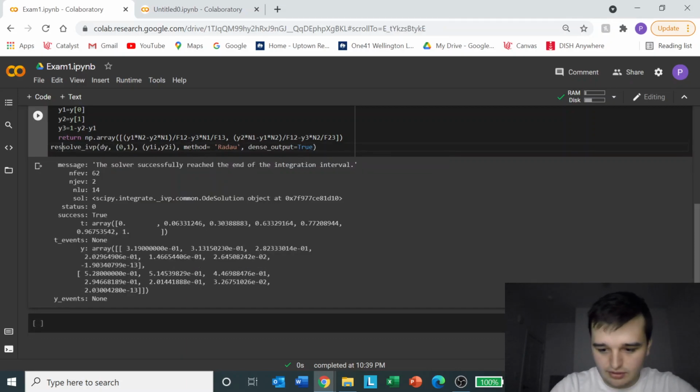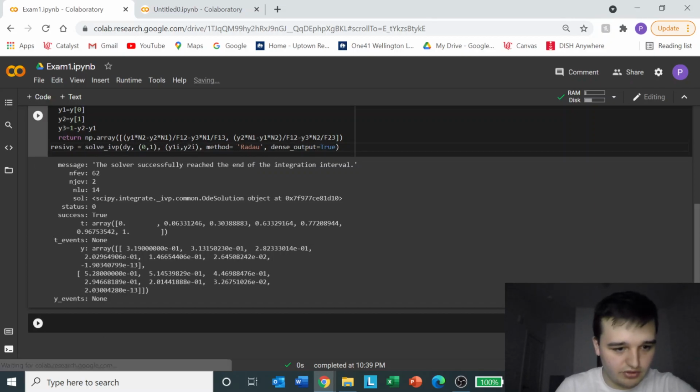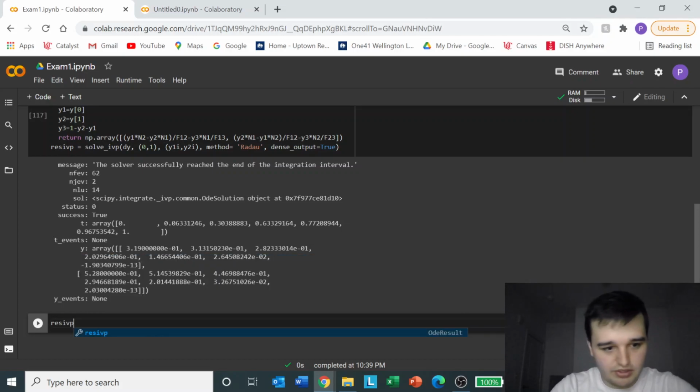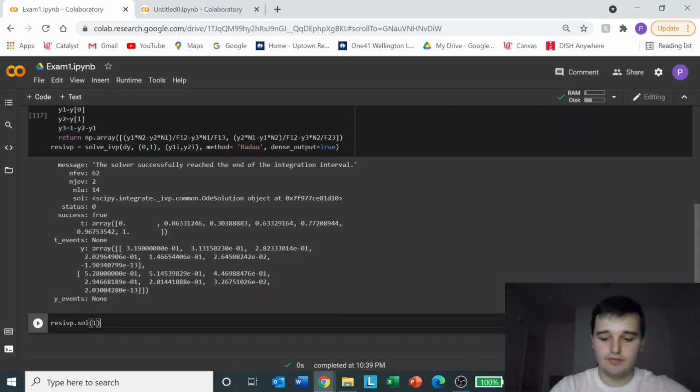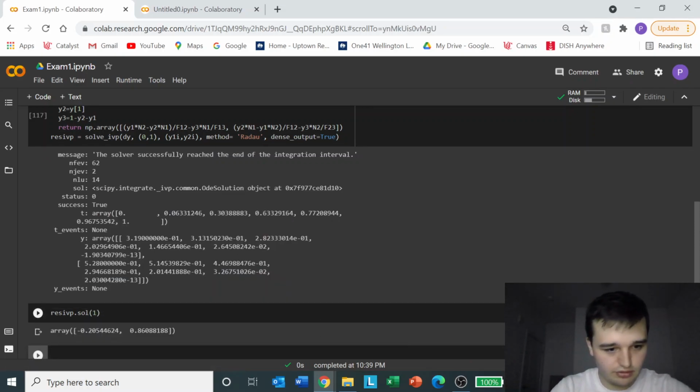Now we can say, let's go res IVP, so the result of the initial value problem is equal to that. So we can say res IVP dot solution, and then plug in 1, which would be at the very top of the tube. Shift enter. We should get 0 and 0, because, right, if we think about this, at